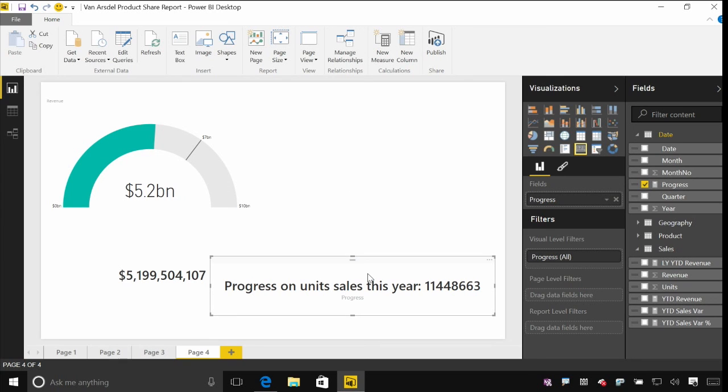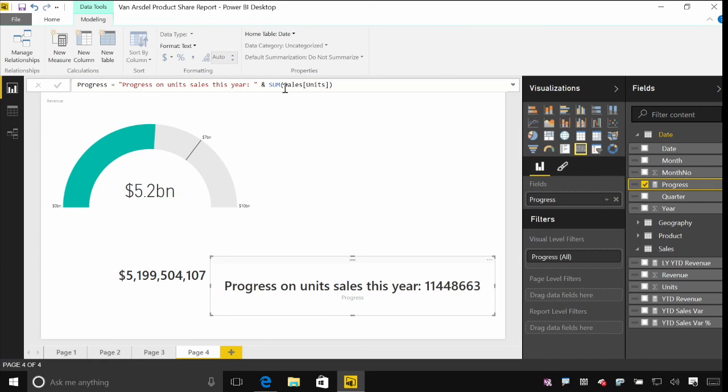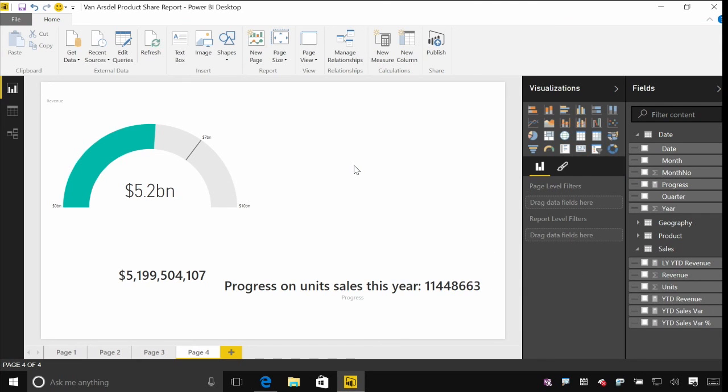And you can use this in some really clever ways. If you wanted to get a bit more involved in writing some more complex DAX, you might have ones with if statements in there that say, if I've only got a single year selected, then it's just this year's sales. If I've got all years selected, then maybe the text says something different, like total sales over all years. You can do some really clever things by using this. Have a look online. There's lots of examples of how people have used this already as well. So that's just some of the ways that you can visualize single numeric values in some different visualizations.